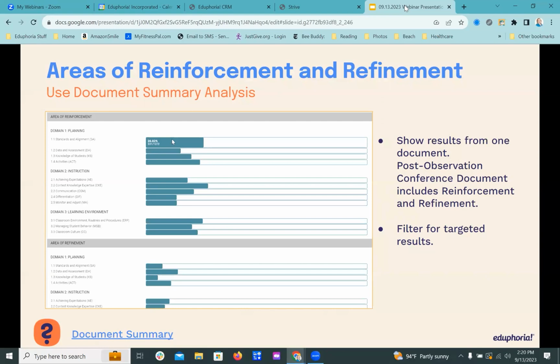So I want to go in and look and see what are those areas on my campus. And then I might even want to drill down to specific users. And I can do that by looking at the document summary analysis report. I pulled for this one the post-observation conference document. If your district is using that document, it has the areas of reinforcement and refinement, and it will show just like this, because it will show how many people were assigned that dimension as their area of reinforcement